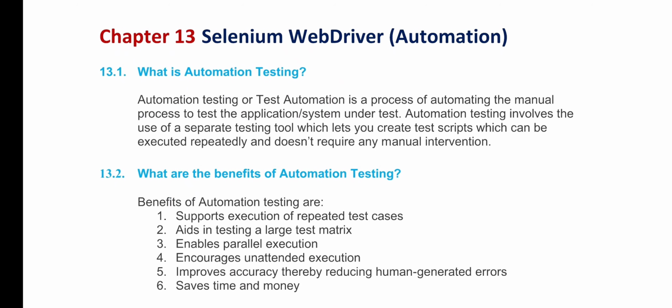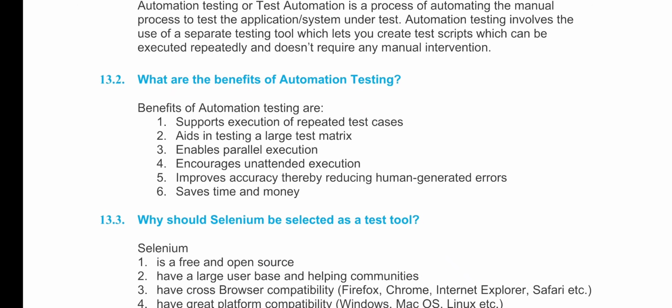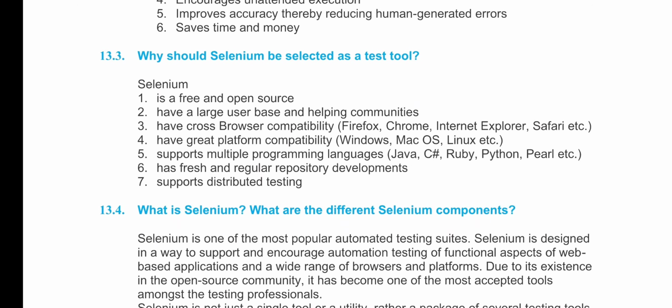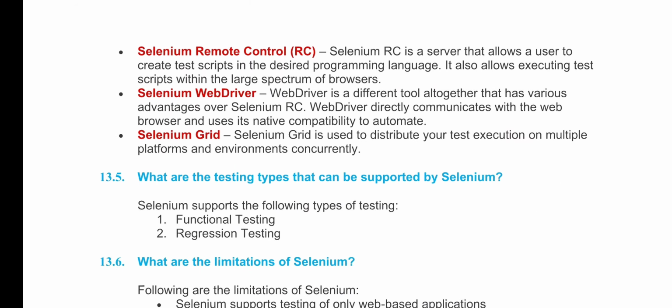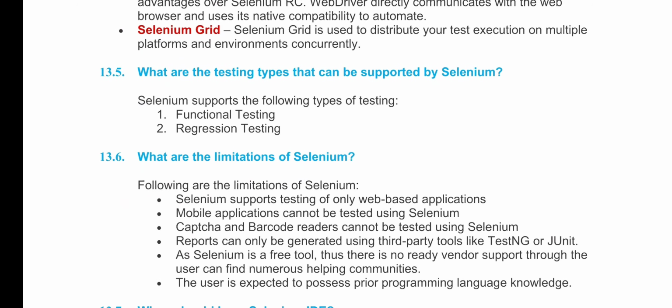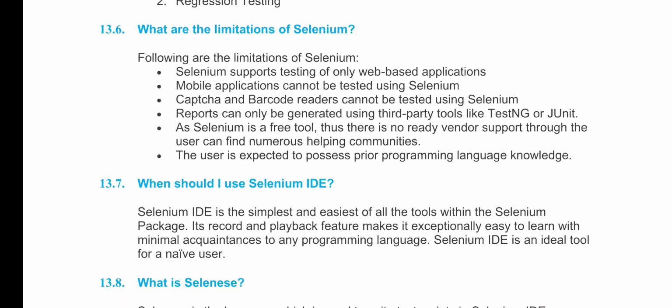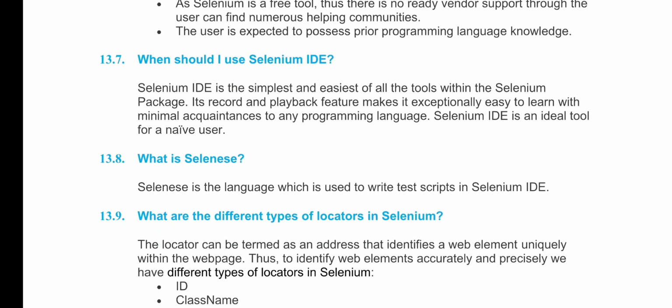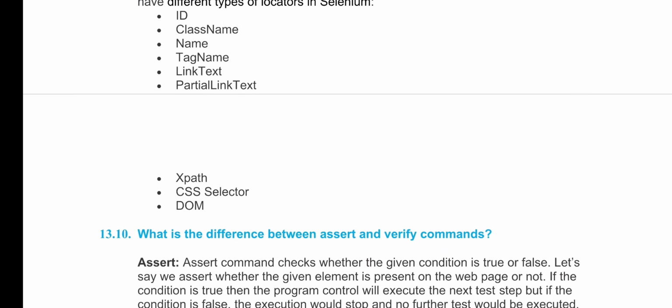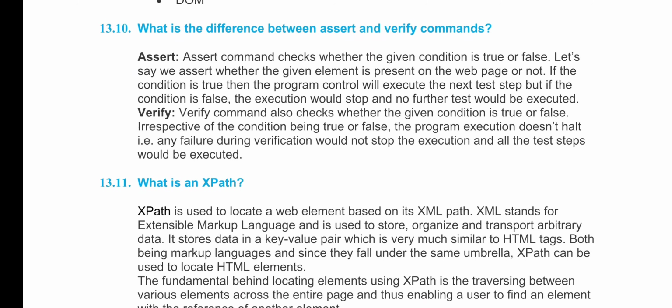And in chapter 13, we have discussed the Selenium WebDriver. Okay, here we have started from scratch: what is automation testing, what are the benefits of automation testing, why should one use Selenium as a test tool, what is Selenium and the different types of Selenium components, what are the testing types that can be supported by Selenium, what are the limitations of Selenium, why should I use Selenium IDE, what are the different types of locators in Selenium, what is the difference between assert and verify commands,